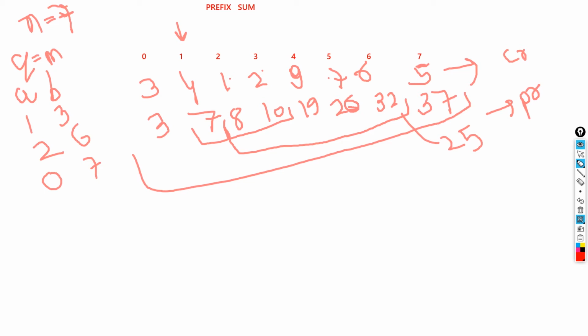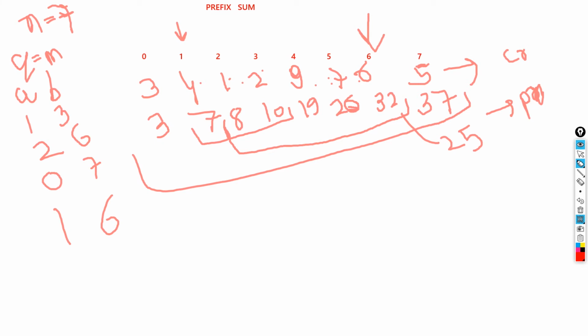Let's say we have another query from 1 to 6. I don't know the answer, but I can clearly tell based upon the algorithm that it would be the prefix sum of 6. Let's say it's p, so p of 6 minus p of 1 minus 1, so p of 0. We need to reduce this. p of 6 is 32, 32 minus 3 is 29. Let's check whether it's 29. It's 4 1 5 5 and then 7 14, 6 is 20 and then 29. Great, so we have 29 over here.